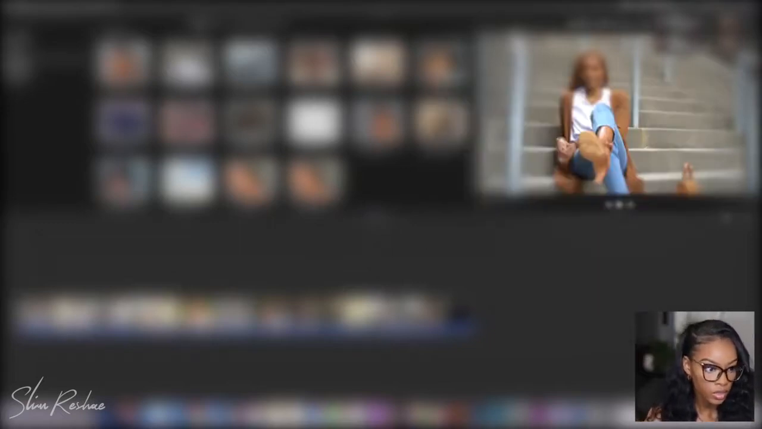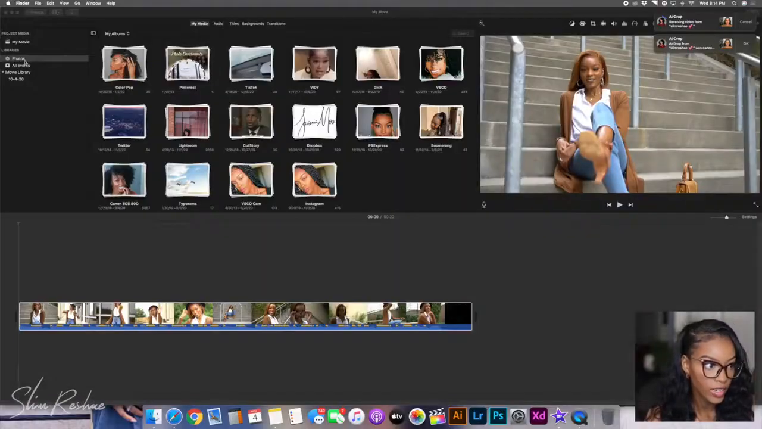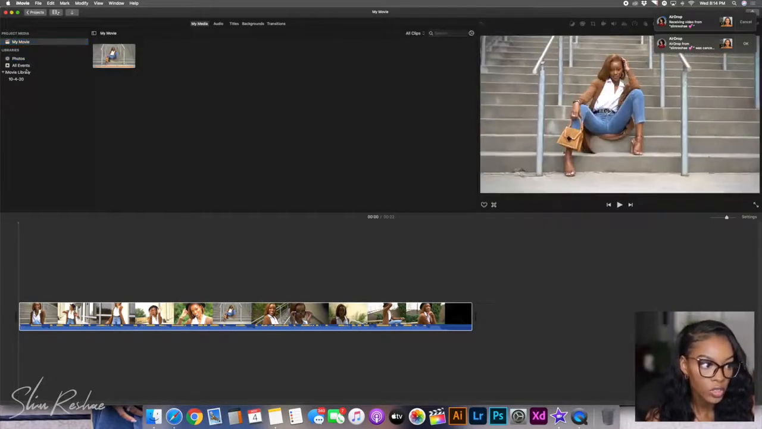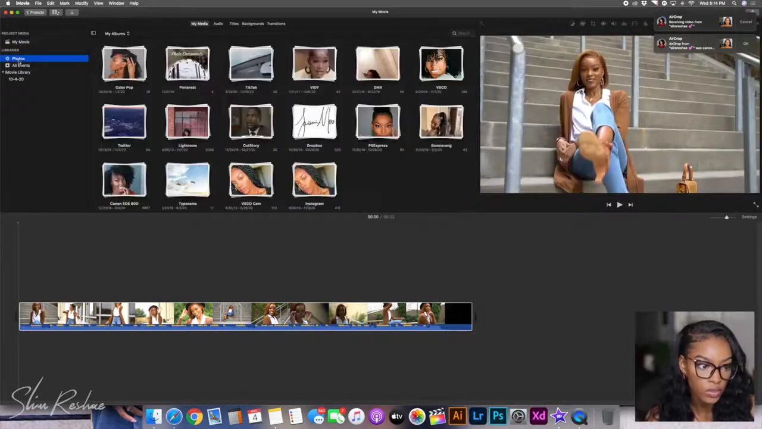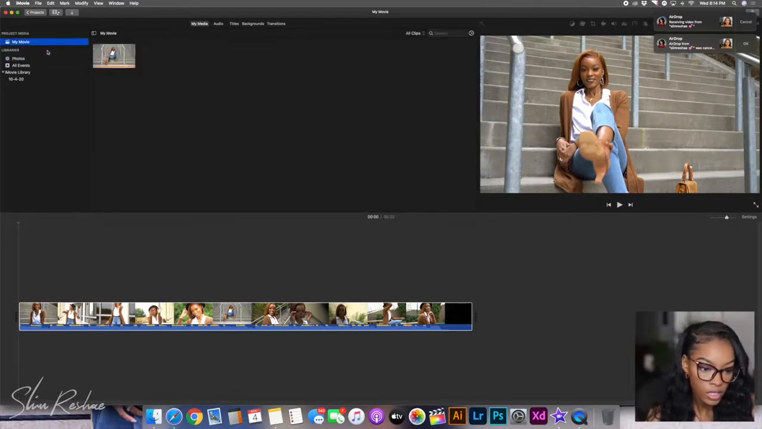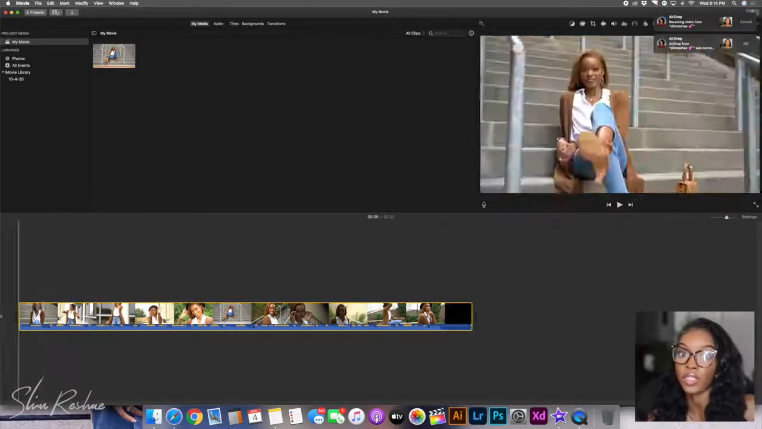Oh wow, it shows all my photos, great. Okay, so on this side it has your movie. You can also see libraries where you can pull from your photos if you have like iCloud and things like that. So we dragged the video onto the screen. This video is already edited, but we're just gonna play with it so you guys can see what we're working with. So if you click settings,